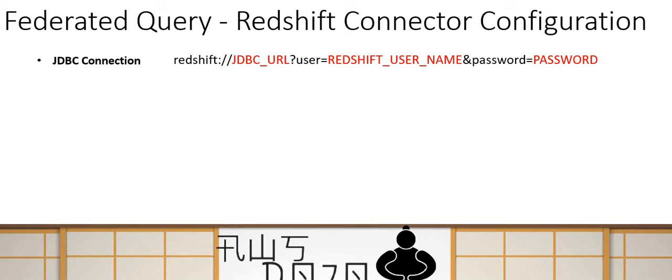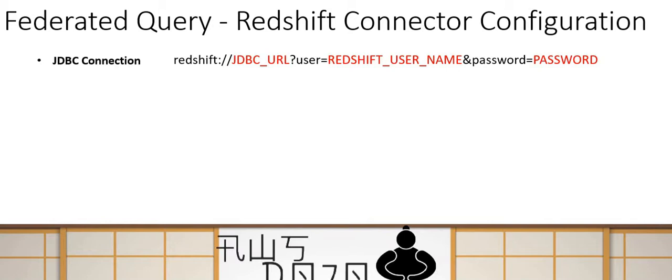But the moment I try to use this username and password in my JDBC connection, like I am showing in the example over here, it works. So I think this is one of the drawbacks at this point of time. Either I'm making a big mistake somewhere, and if someone knows how to fix it, please share with me and everyone. But so far, when I tried it, I found it works only if I provide my username and password